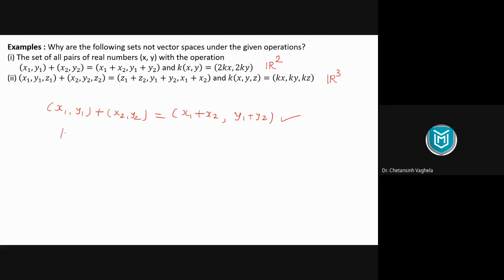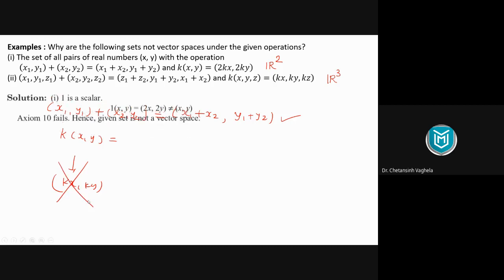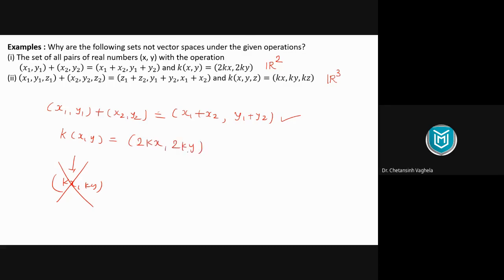But the scalar multiplication is different here. k times (x, y) is equal to, if we were doing it usually, what would it be? In the usual way we can take it like this: k times x, comma, k times y. This is your usual scalar multiplication, but we are not considering this one. The definition is this: k times (x, y) is equal to 2 times kx, comma, 2 times ky. That means with kx and ky we are also taking one more number, 2. That means it is 2 times k and 2 times k for both the components. So this is a different thing. It is not usual. Now we have to see whether for this unusual operation this is a vector space or not.